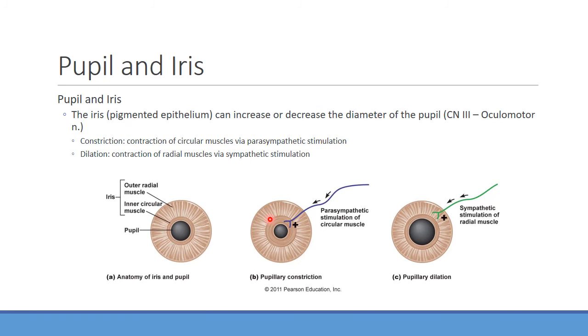Also, certain medications can do this as well. If you have too much acetylcholine effect on the eyes, it's one of the things we can look for when I'm looking for certain overdoses. I'm looking to see if they have myotic pupils, which can tell me that they may have some of that parasympathetic action occurring. On the other hand, when you want to have dilation, this is going to be regulated